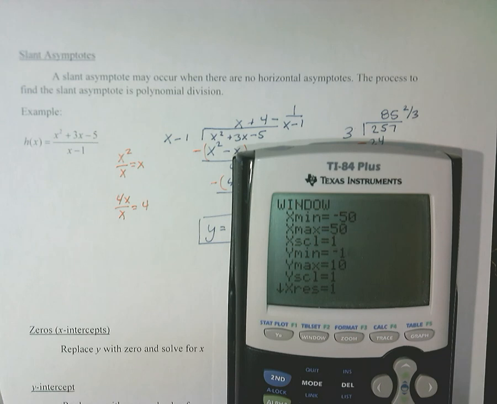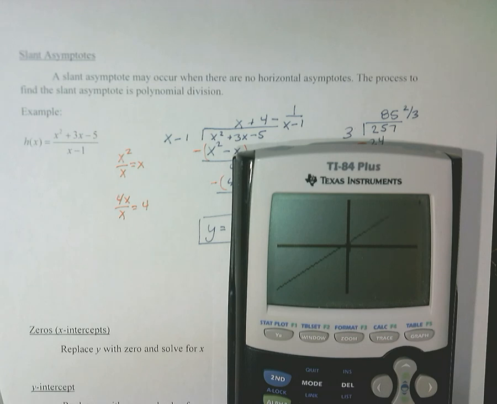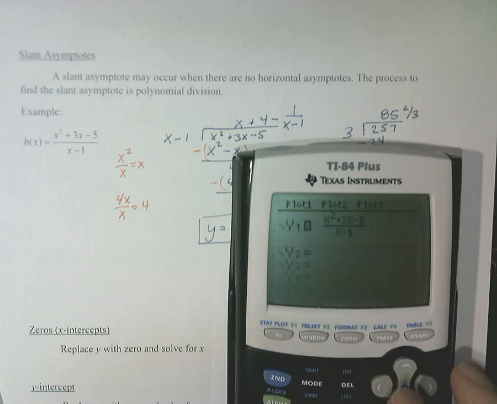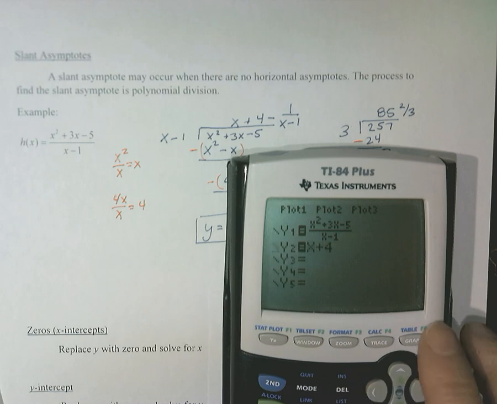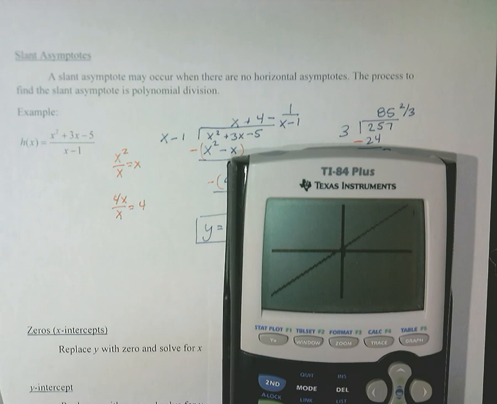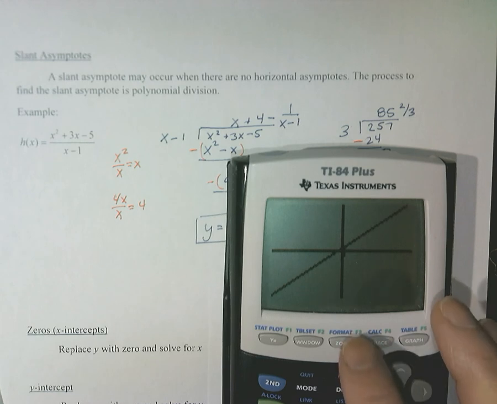I'm just going to go in every direction out to negative 50. It looks like there's a line there. And that line will be this x plus 4. See how it darkens right along there? If I go back in,